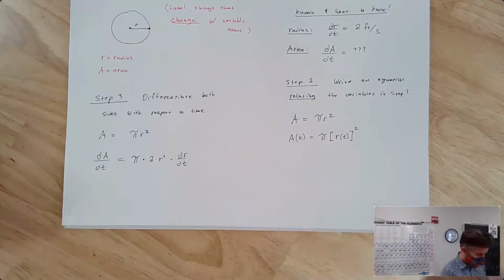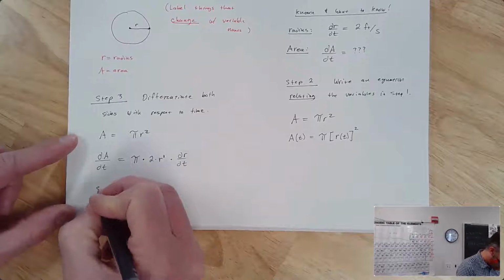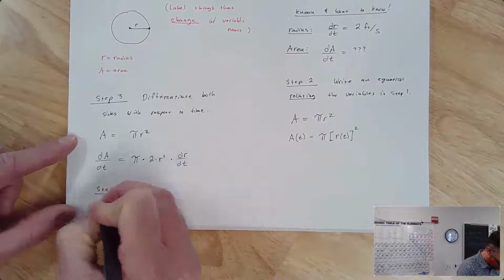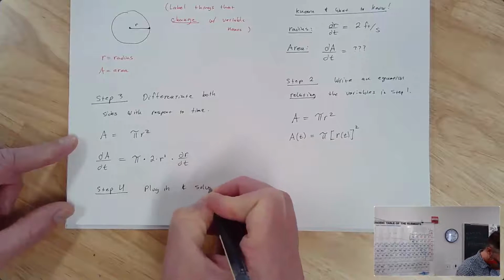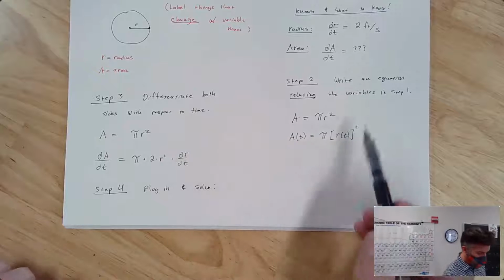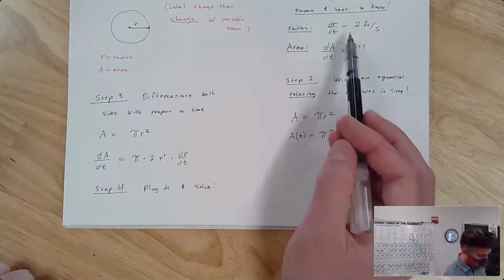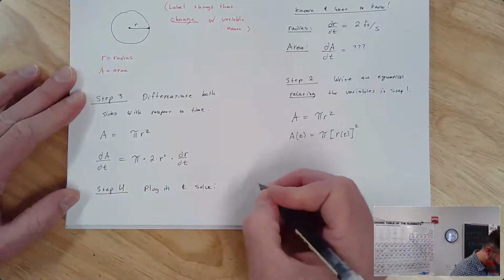Okay, now that we have this equation, step 4, we're going to just plug in and solve. So I'm trying to find out what dA/dt is. I know what dr/dt is. So I'm going to plug in and get